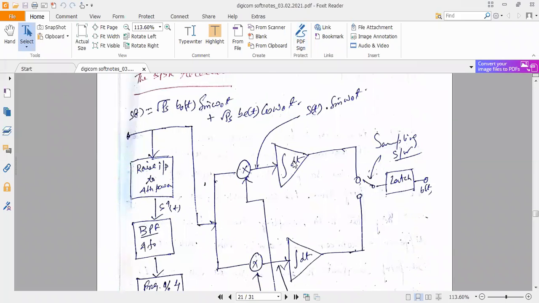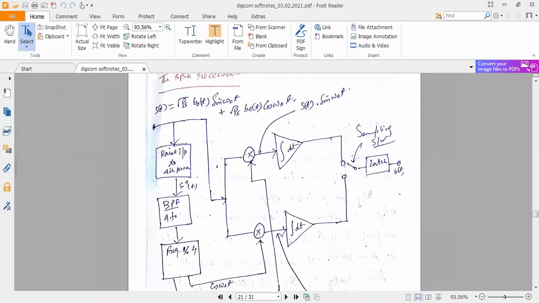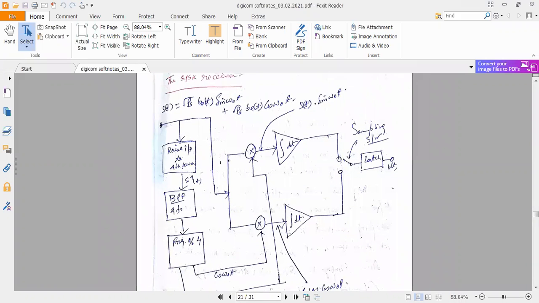As you know BPSK, it would be very much simpler. No need to take tension. Same way we have designed it. As you know BPSK, so you will get QPSK very easily. We are just comparing. Look, this is your incoming signal S(t): root 2P_s b_o(t) sin omega_0 t for odd, and root 2P_s b_e(t) cos omega_0 t for even, the summation of these two. This is the incoming signal S(t), or V(t) you can say.